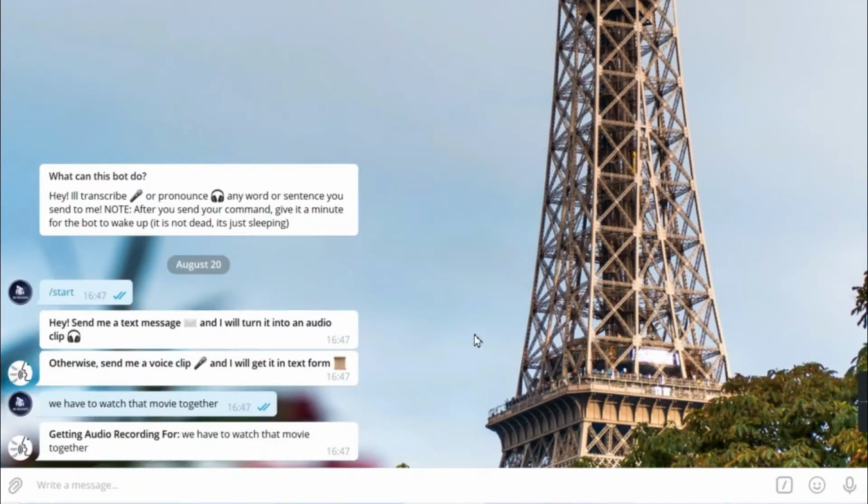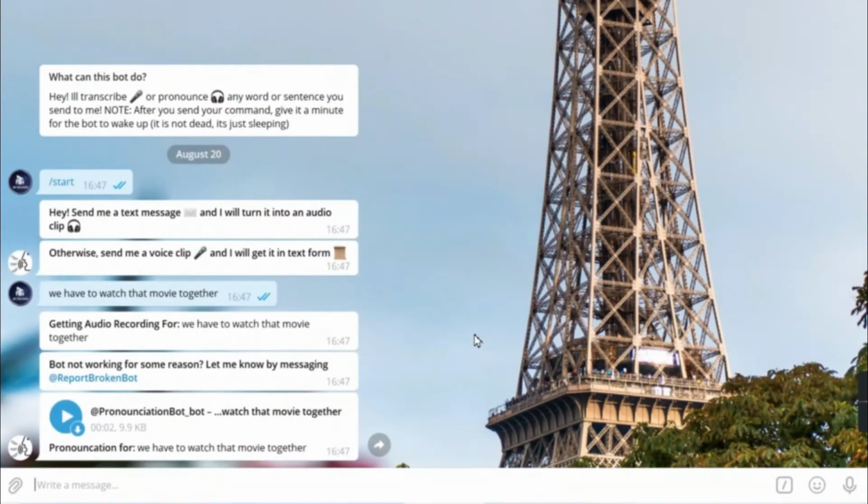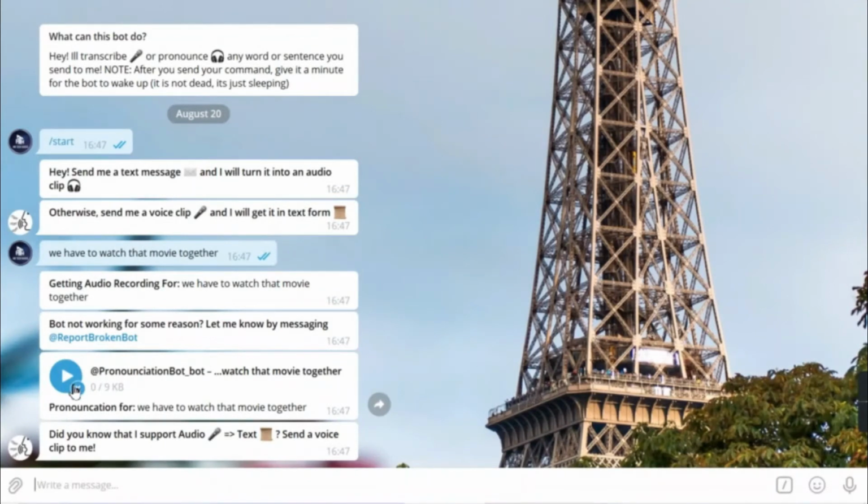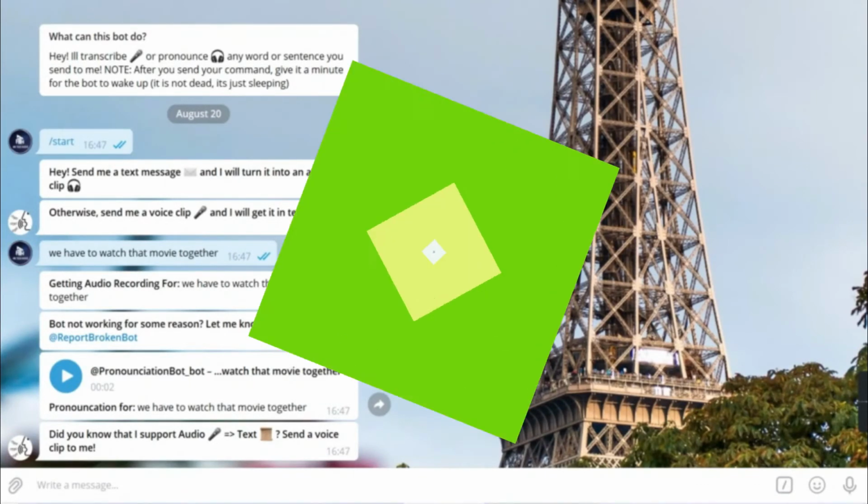Click on Send. Wait a few seconds. Now play this audio. That's how it works. You can also send audio and it will convert into text. Now let's go to our another bot.